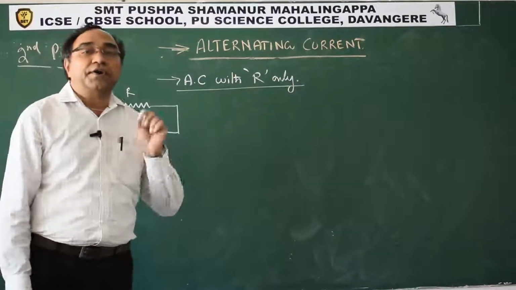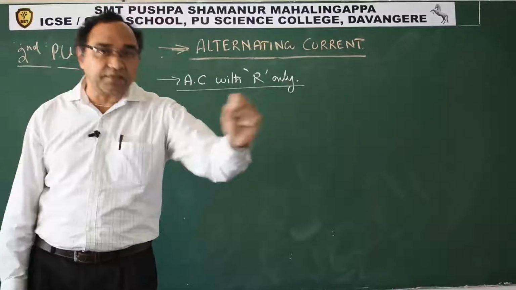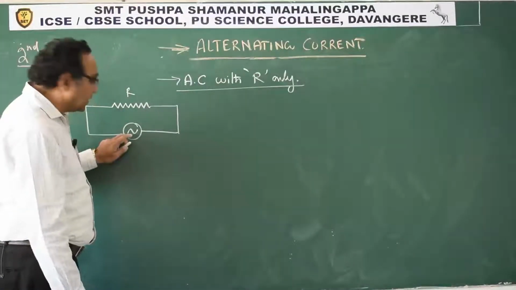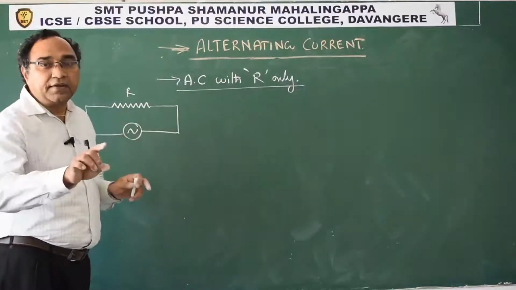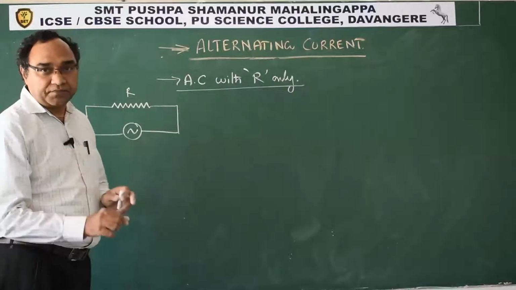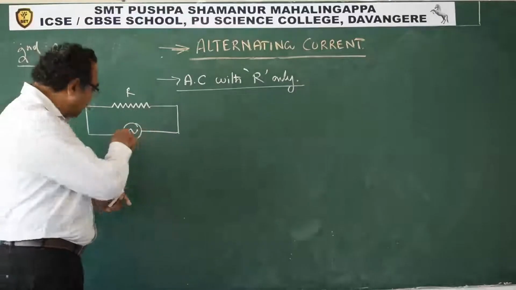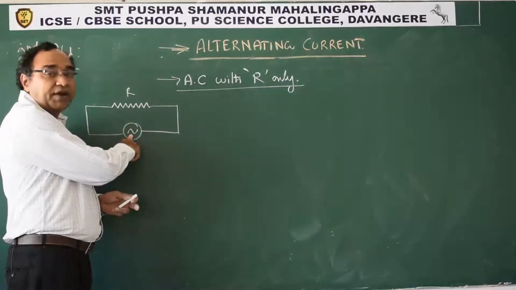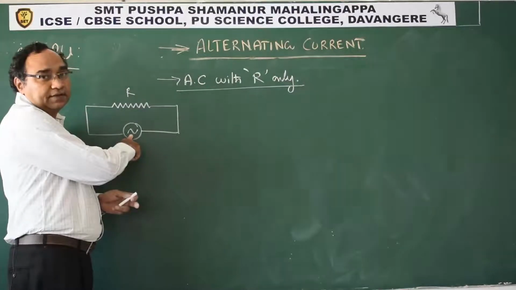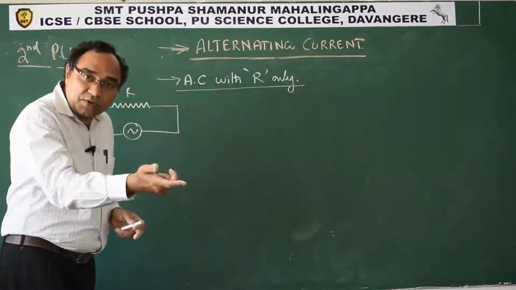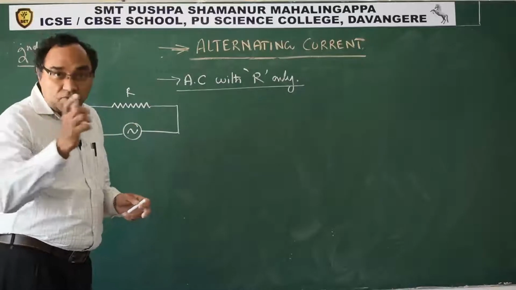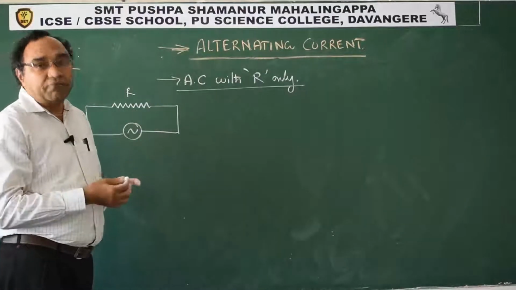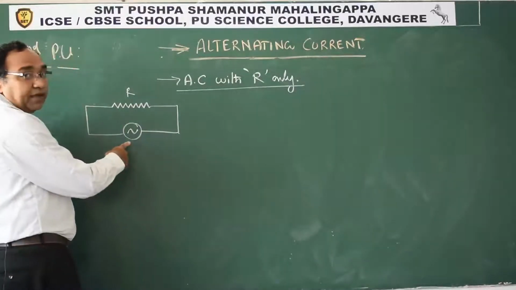So in all your devices, please check this. You will find a small tilde character, and they will mention 220 volt, 50 hertz. That tilde character is this wave, the kind of source to be connected. RMS value 220 volt, frequency 50 hertz is to be given. That is the rating of any device.